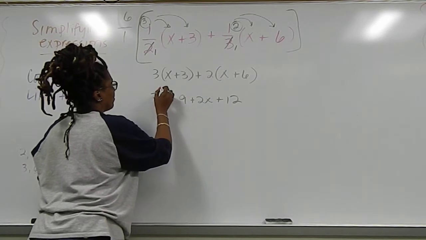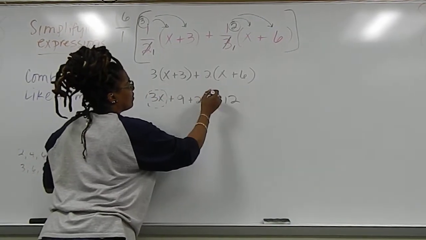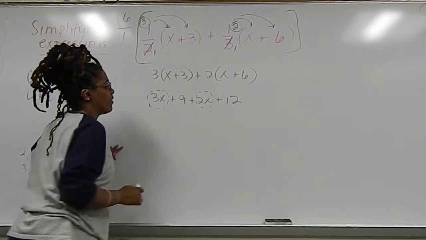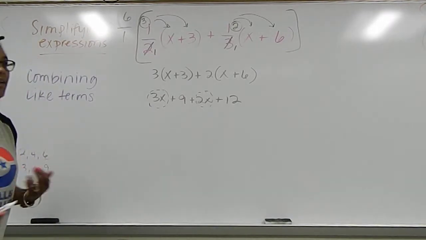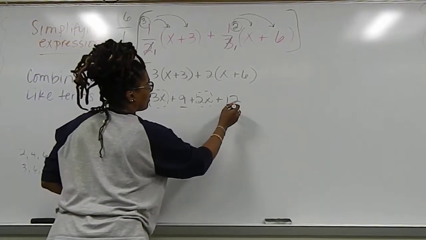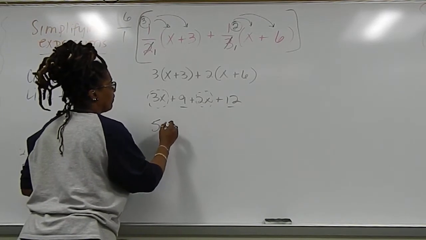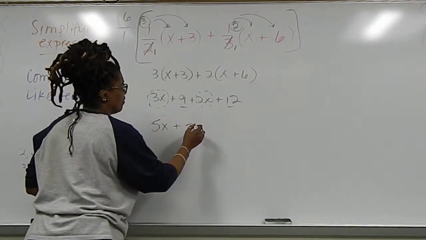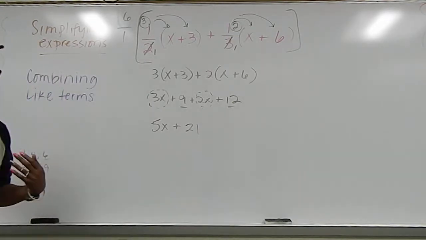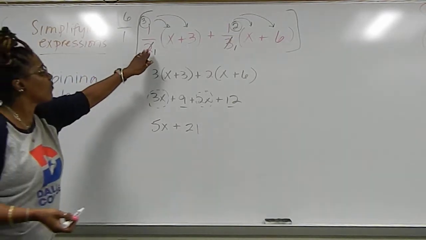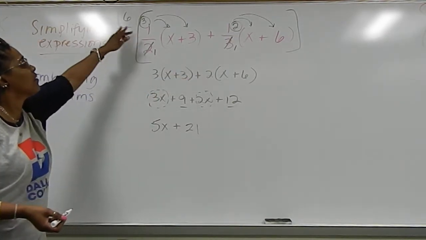Now we add our like terms. This one, 2 variable terms, right? Those are our like terms. Our constant value, like terms, 5x plus 21. And because we got rid of that denominator, we got rid of our fraction, our common denominator